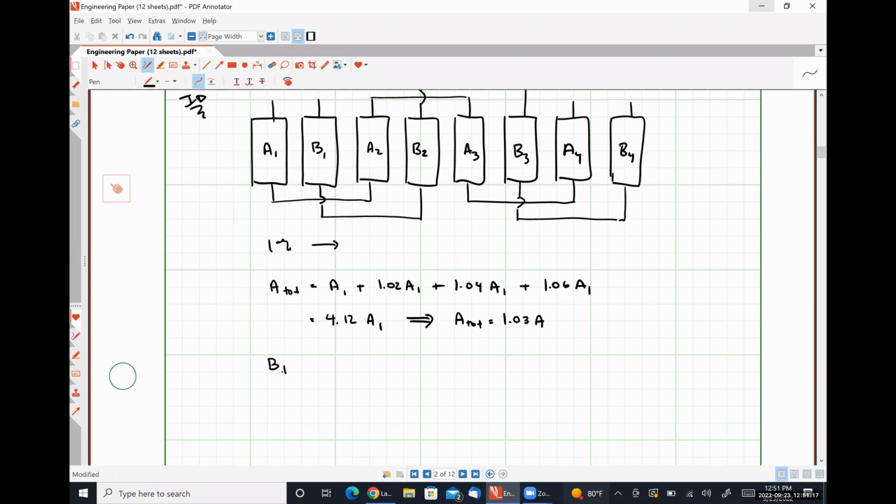We look at B, we're going to have 1.01 A1 plus 1.03 A1 plus 1.05 A1, I'm sorry, 1.07 A1. Add those things there, so 4 plus 12 is 16, so 4.16 A1, meaning that B is just 1.04 A, and we see that we have better matching, right? The overall component values